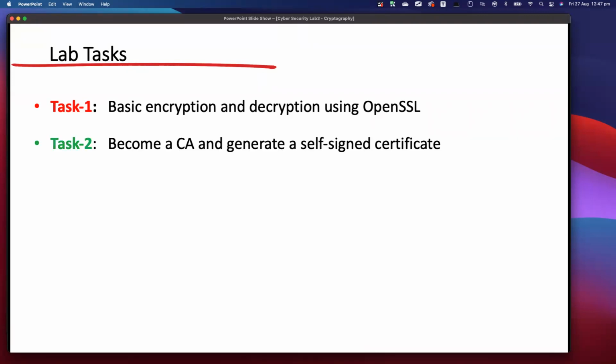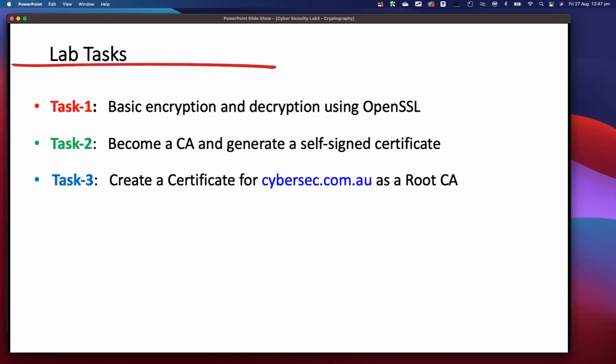Tasks 2, 3, and 4 are related to each other. In the first of the next 3 tasks, we will be, first of all, becoming a CA. So we, being a CA, need a public and private key. Anybody who's communicating actually needs a pair of that, right? So a CA needs a private and public key. We will generate that, okay? And then